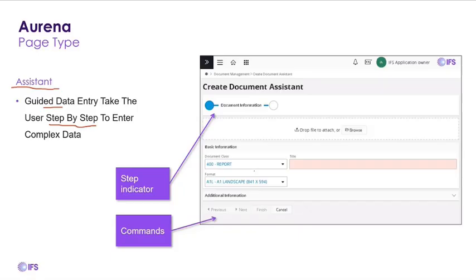assistant and guide the end user to enter data step by step, because sometimes it might be complex to have all the information or all the fields in one particular window and ask them to fill it out. They might get confused, and they might not go for some optional fields as well. But if you want to encourage them to